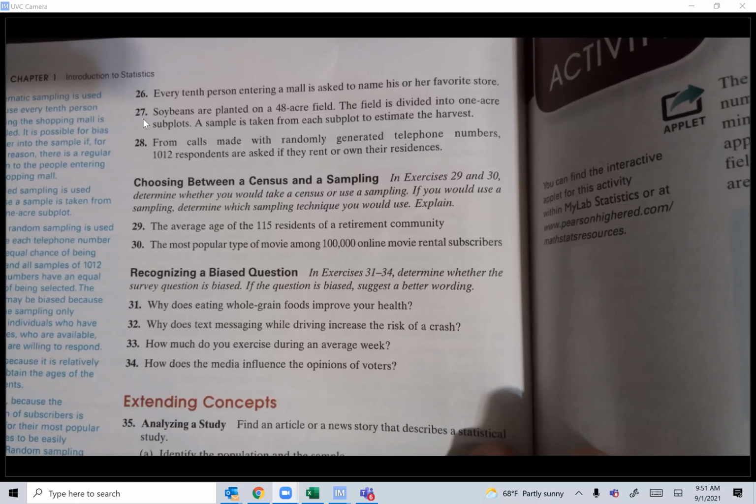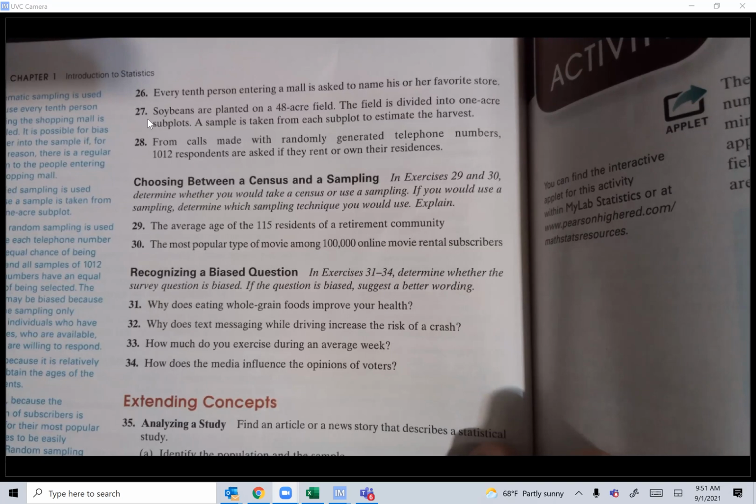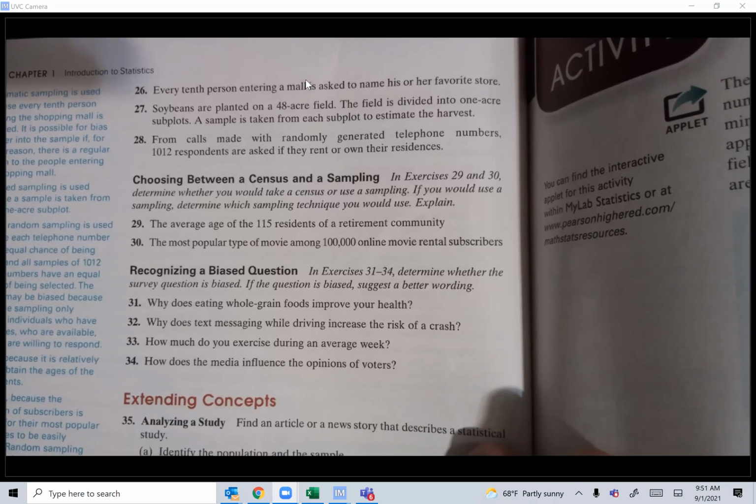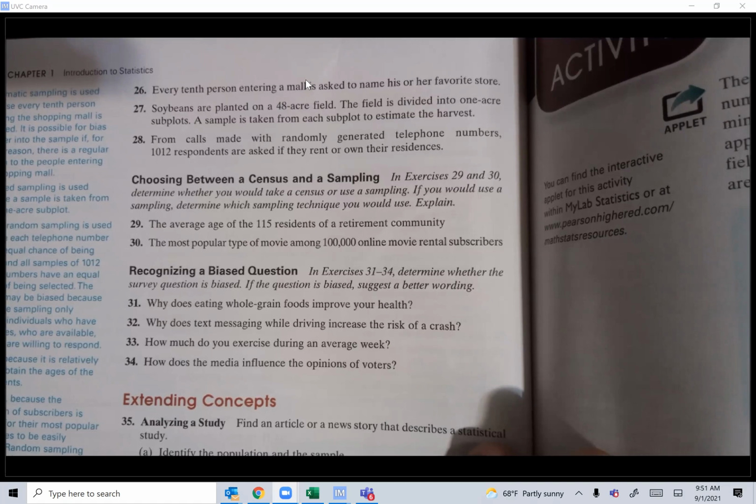And then last one, 27. Soybeans are planted on a 48-acre field. The field is divided into 1-acre subplots. A sample is taken from each subplot to estimate the harvest. What do you guys think? So we have 48 acres, that's the population. Stratified, exactly, because we're dividing it into 1 acre, so 48 pieces, and a sample is taken from each piece, guys. That is a stratified